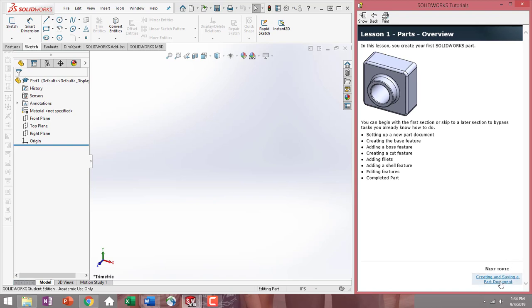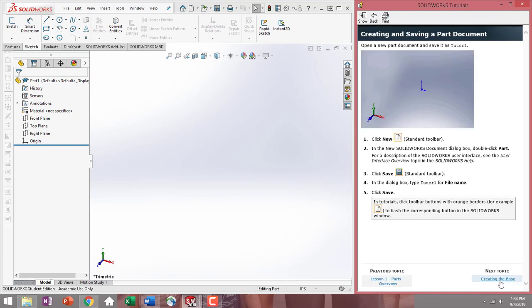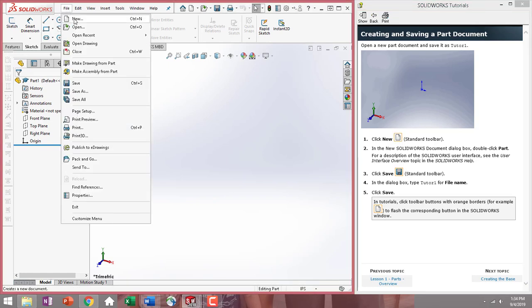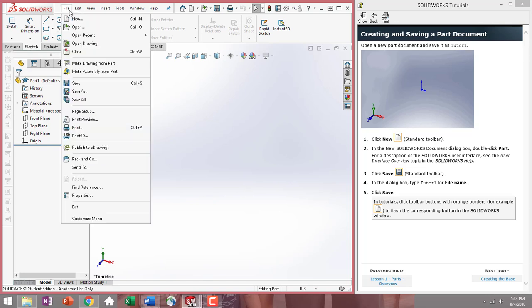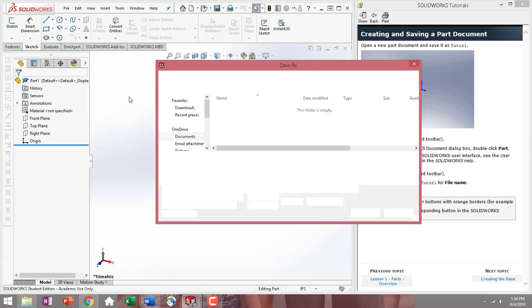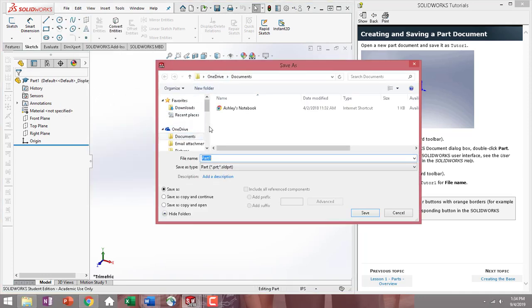So down here, we'll go and hit Next Topic. So at first, some of these will just tell you what you're going to do, and you'll have to hit Next Topic to actually see exactly what you're going to do. So this first page says you need to click New, which would be under File, and then New. Since I just opened up SolidWorks, I already have a new part document, so you do not need to redo it. But I will save this, so you go ahead and go to File, and then Save as in Step 3. Find where you want to save it,